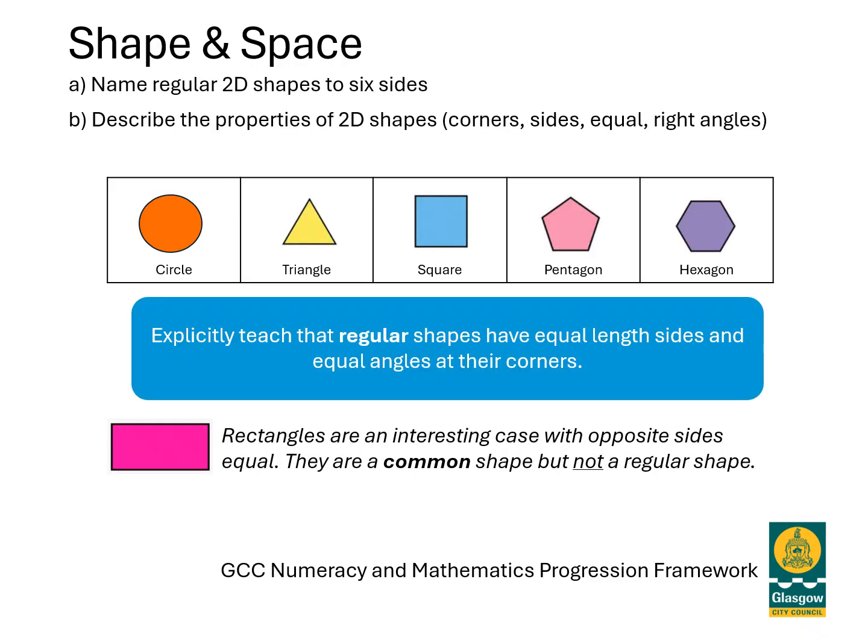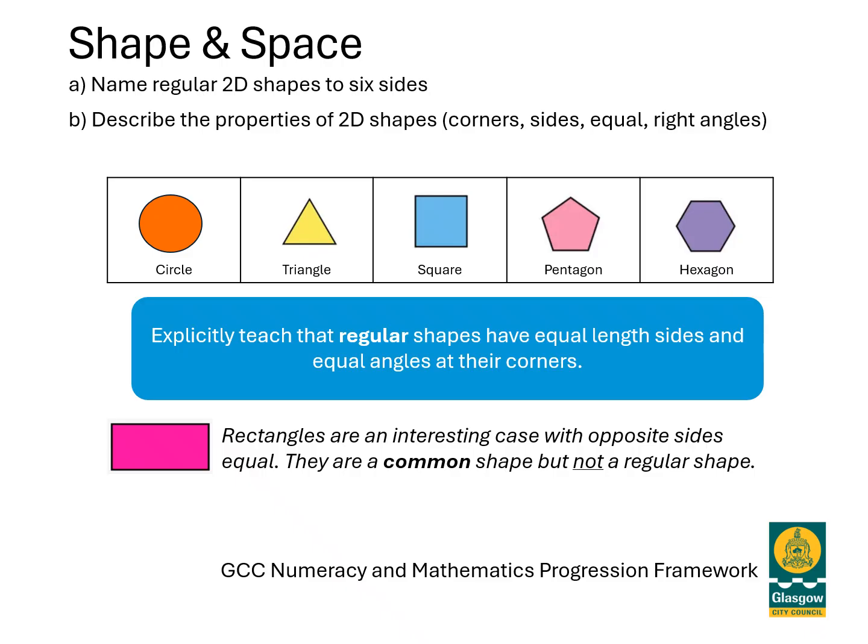So in terms of teaching point A here, naming regular 2D shapes up to 6 sides. In P1, the equivalent was looking at common shapes, which included a rectangle. But in P2, we want to introduce the mathematical vocabulary of regular shapes. Now, thanks to McDonald's and the like, regular is often understood by pupils as meaning normal or common, but we